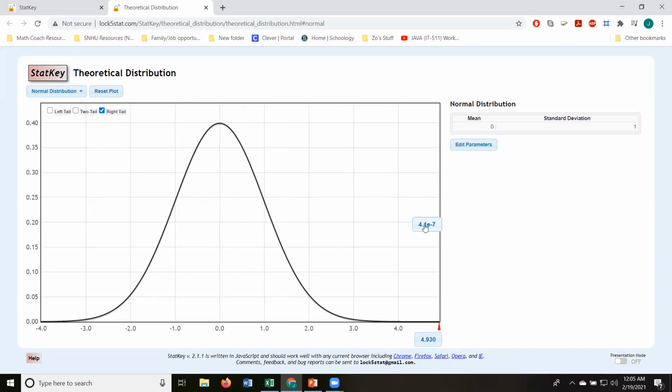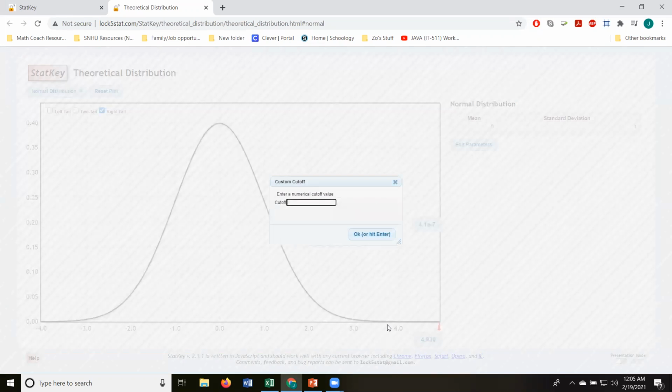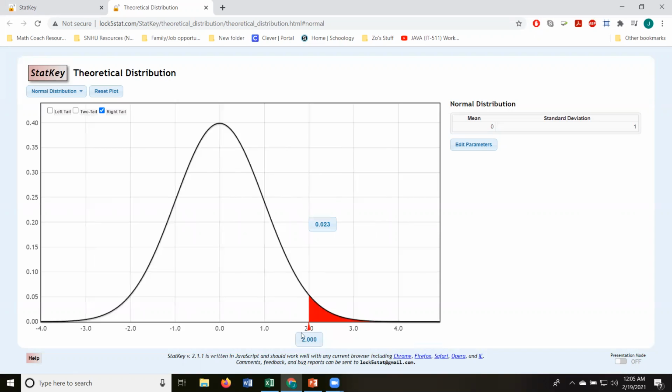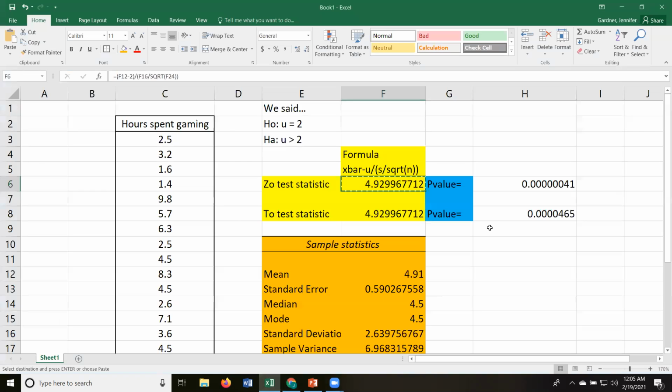Now I have, like Excel told me, this tiny little number with an E. And that means that this is a really, really small p-value. But what I like about this drawing is that it shows you and helps you understand what a p-value is. This test statistic is the number along the bottom, and then the p-value is what's left over on the side, the area that's colored in, the proportion of this graph that's left over. So if our number was something like 2, we could visually see that the p-value is in red. But as it gets bigger and bigger and bigger, it goes off the charts, off the side, and it gets so small